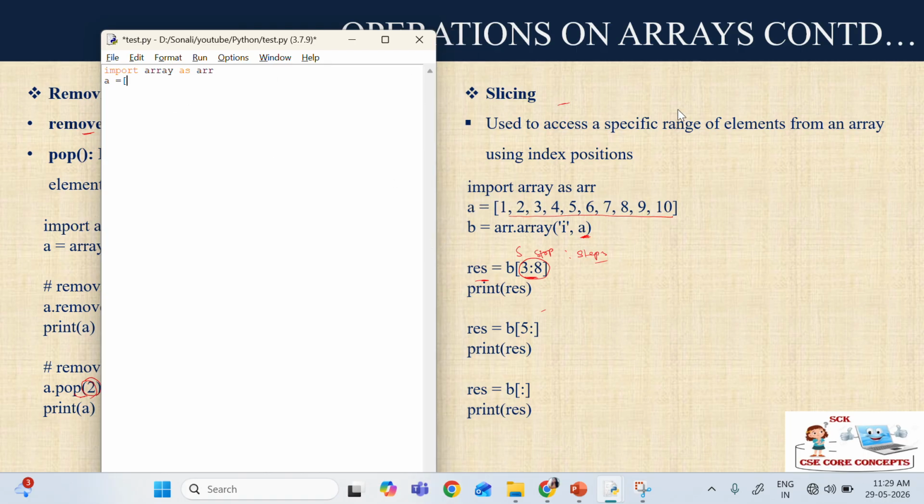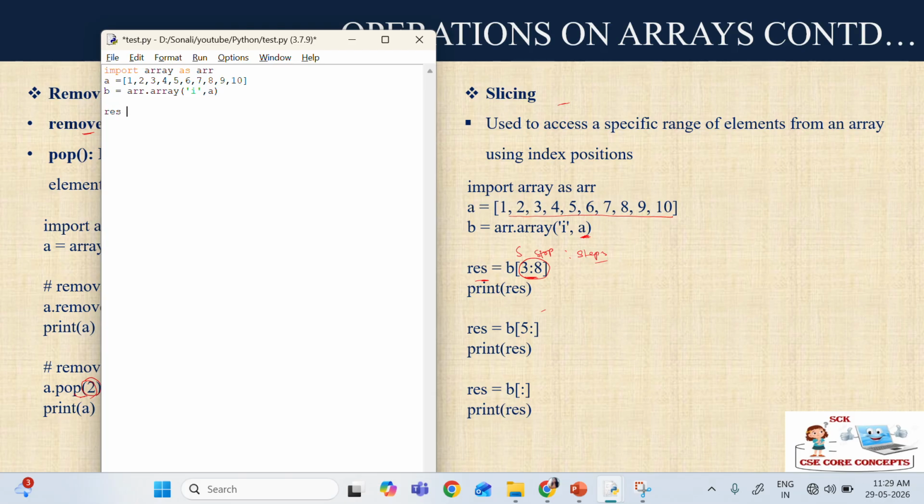This is also something you can do, or directly also you can create an array. These are the different ways by which you can create, that is just to show you. So B is equals to ARR dot array, and you are storing all the indexes and the values you have to take from A, right? Now you want to slice this array.